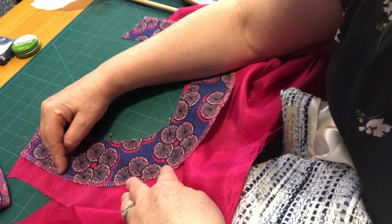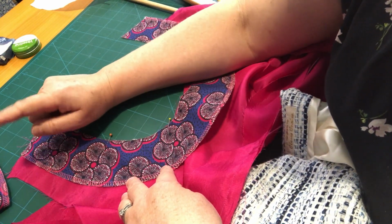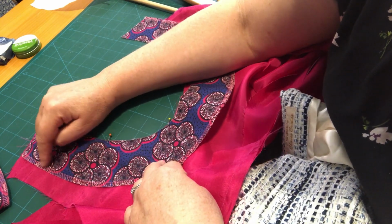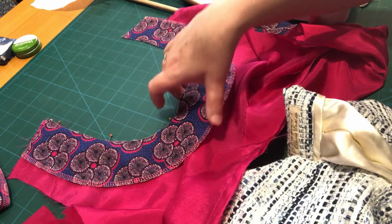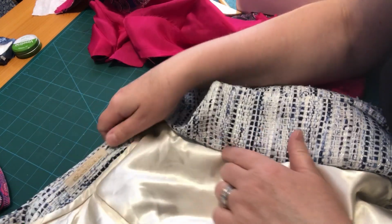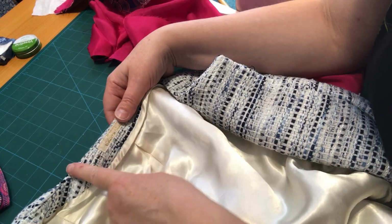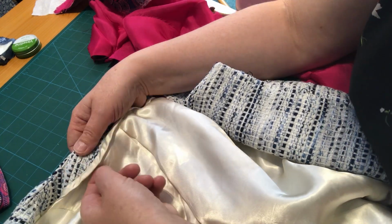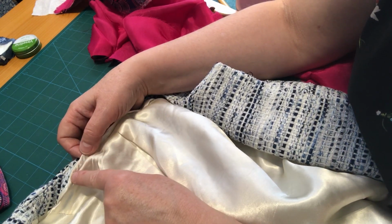If you don't like that edge, you might prefer to do one of these other 2 edges, and that's why I'm saying you need to understand what you actually want to do for your lining first. So here's a jacket that I've done previously, and as you can see, I've got a lining facing. I probably didn't make that quite deep enough on that one, and then on the edge of the facing piece,